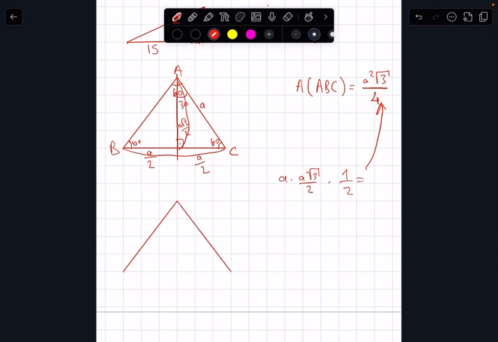Let's suppose we have a triangle, and inside, let's say this is point P, and let's say this is L, K, M, A, B, C. If AB is parallel to PK and AC parallel to MP and BC parallel to PL,